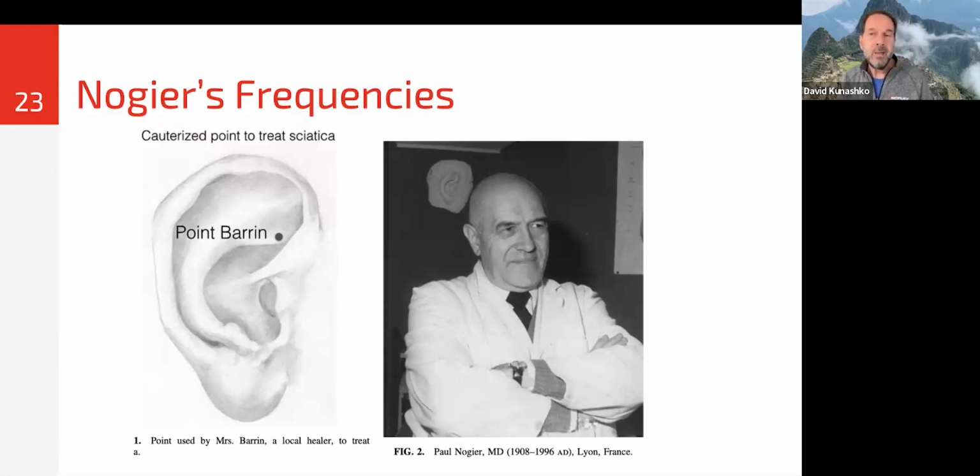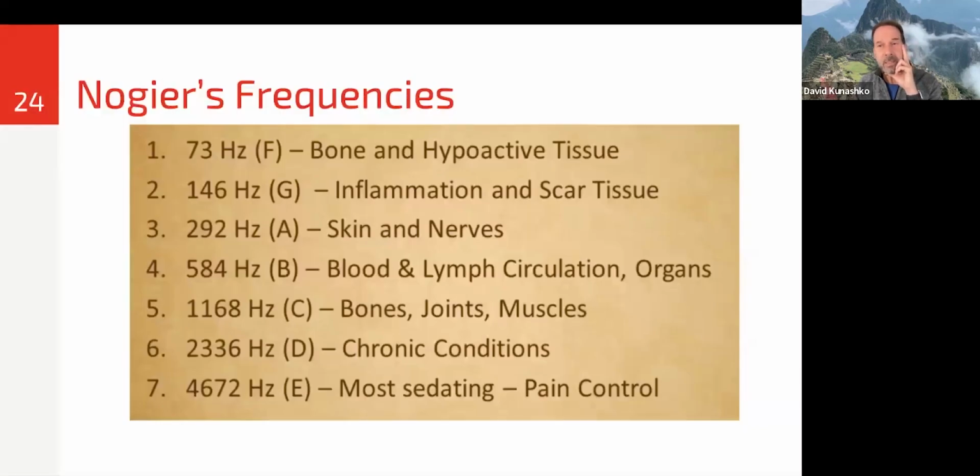Anyway, he discovered, or kind of mapped the ear, so to speak. I think there's a bit of pseudo stuff there, but I don't know. There's things on the ear that seem to do certain things. So I'm not going to be all negative about it, just because I've actually used certain points that seem to be helpful. Regardless, he came up with some theories on